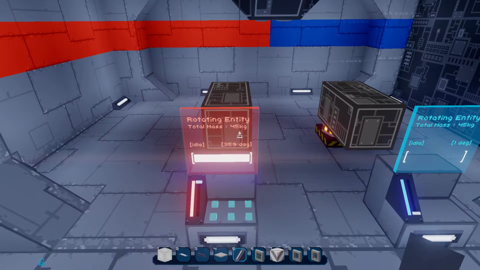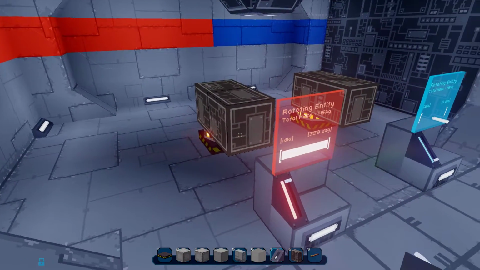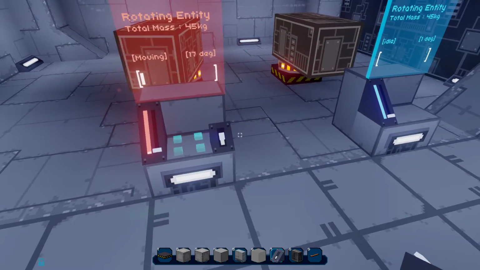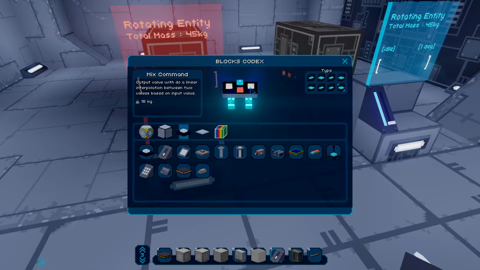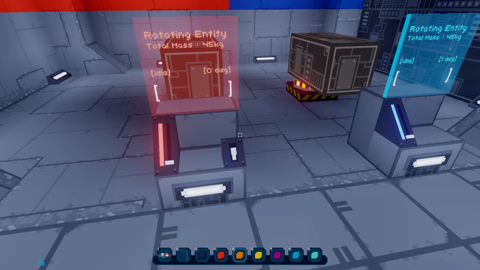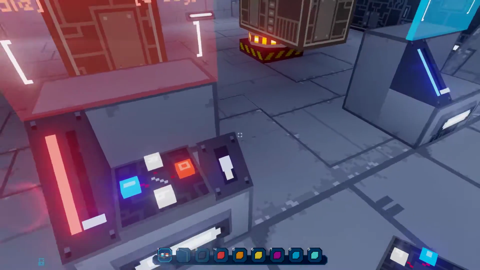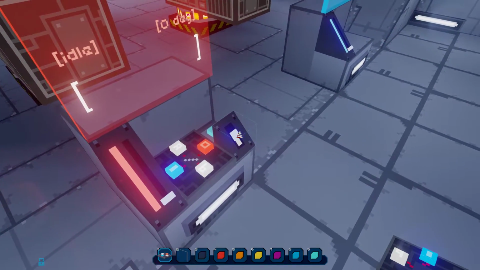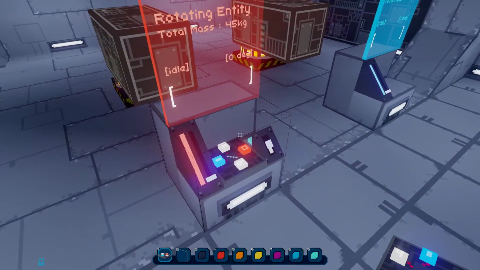So now, for example, once you want to do a mechanism that rotates between 0 and 0.25, there is a block that is very convenient to do that, and that is the mix command. Okay, so this is a logical command, so we can take it. I think I have already one here, and this command will do a linear interpolation between A and B. As you can see, there is A and B with an interpolation factor that is basically the signal you send inside. So I will just do a quick demo.